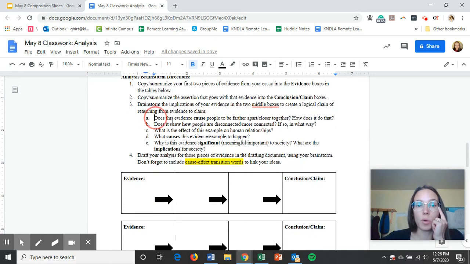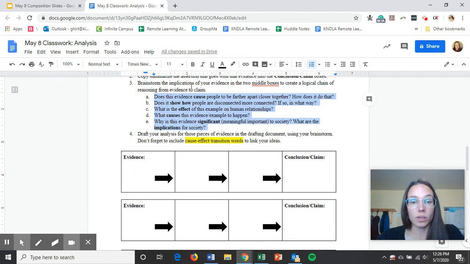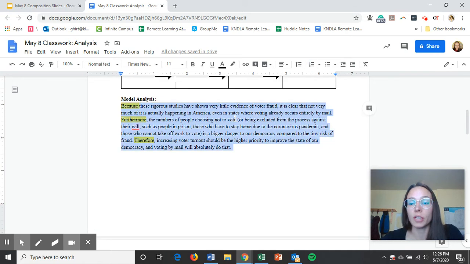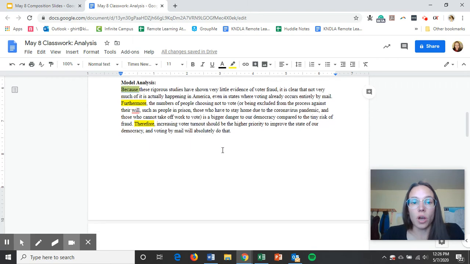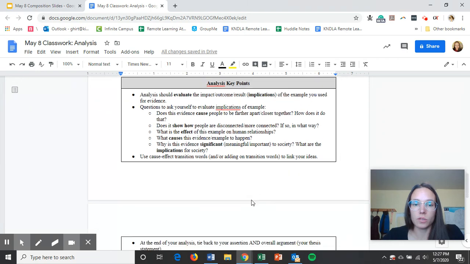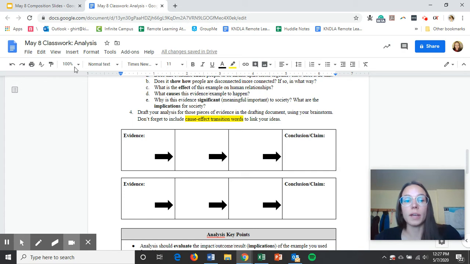So again, here are some questions for you to answer if you're stuck on brainstorming. Try answering some of these questions to get from your evidence to your conclusion. Once you are finished with your brainstorm, you are then going to put those ideas directly into your drafting document, like I did right here. You're expanding them into complete sentences and connecting them together with those cause and effect transition words. I put the analysis key points down here as well to help you, just remind you. So you're drafting your first two analyses